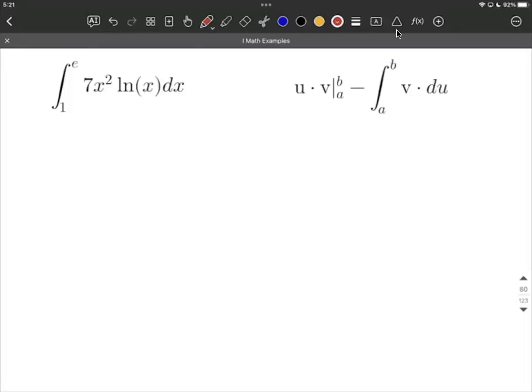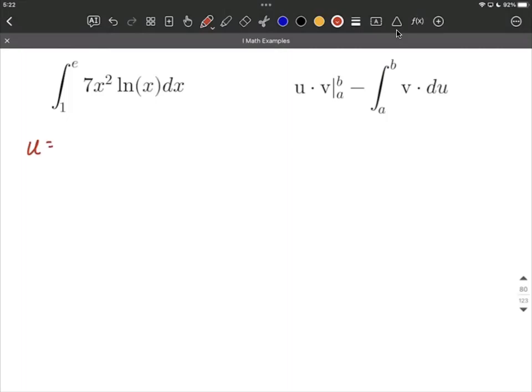In this example, we're going to be working a definite integral that's going to require us to work with integration by parts. As we get going on this, you'll notice it looks a little bit complicated from the beginning, the problem on the left-hand side. So what we want to do is start identifying what our u is going to be and what our dv